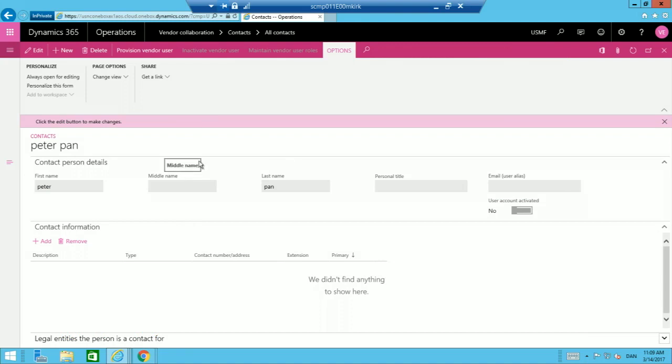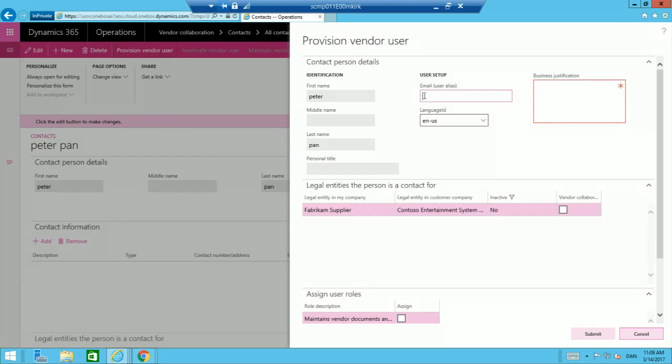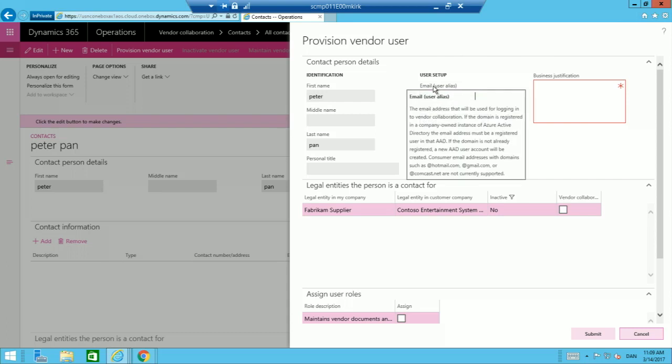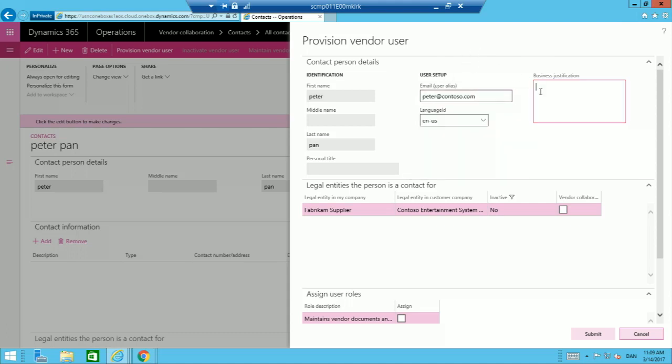Now the contact is created, and I also want to provision him, so I just provision vendor user here, and this is where I'm filling in Peter's email at contoso.com. And I have an explanation of which kind of emails work. So it's not Yahoo and Google and all that. And then, this is a new guy in my company, and I want to have him